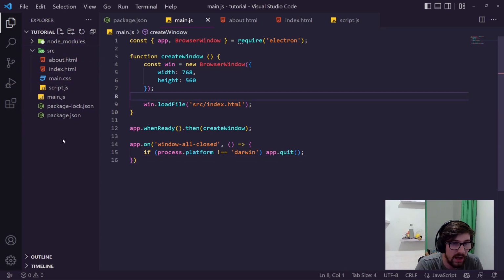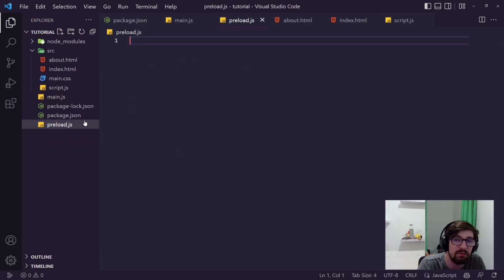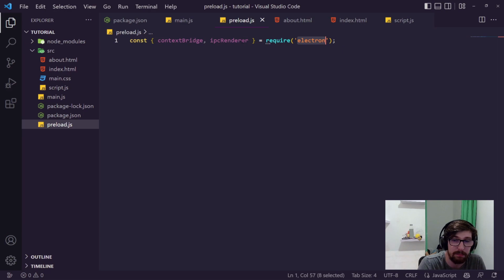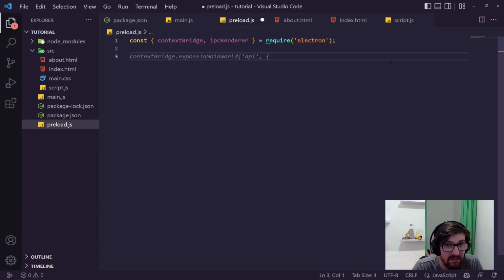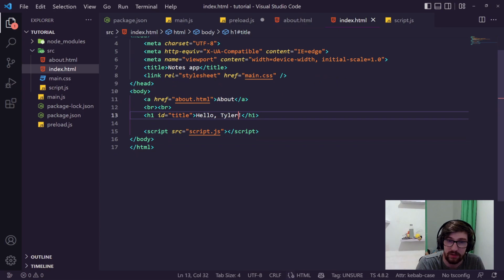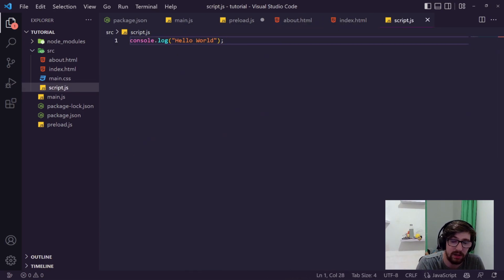So let's go in our root directory, create a new file and call this preload.js. Now this is going to be run before our actual pages are rendered. This will be called each time before our pages are rendered. And we need to pull out something called the context bridge and the IPC renderer from our Electron package here. And the context bridge allows you to expose JavaScript or variables inside of our